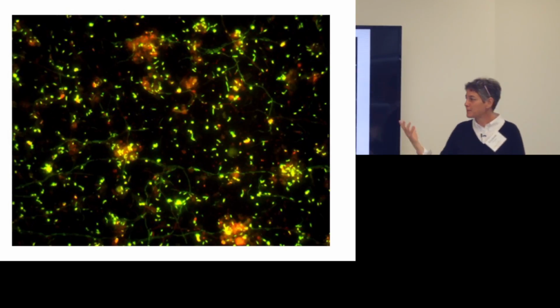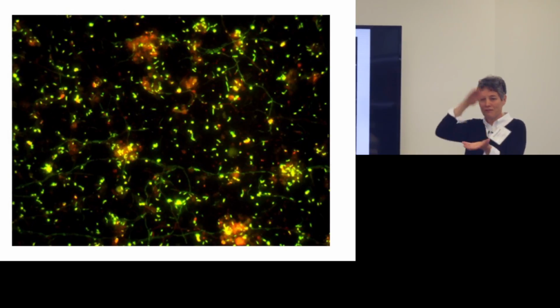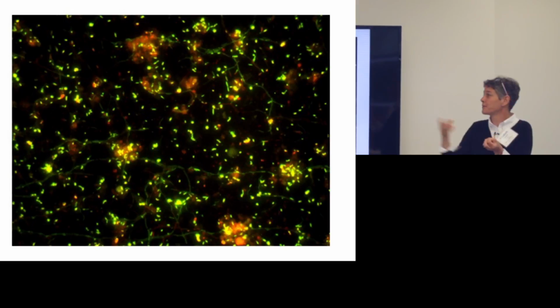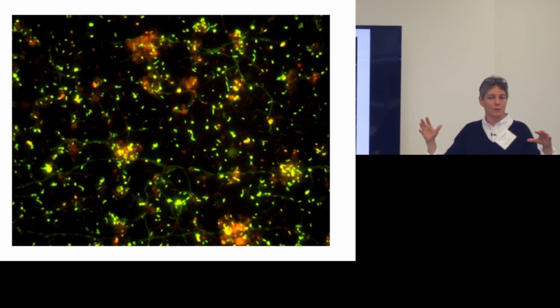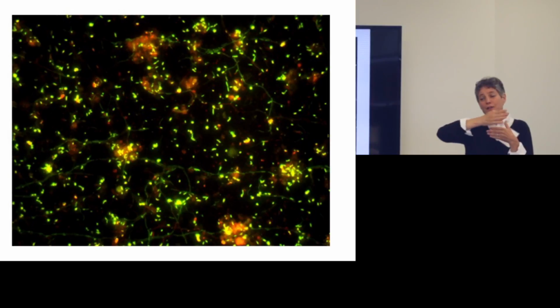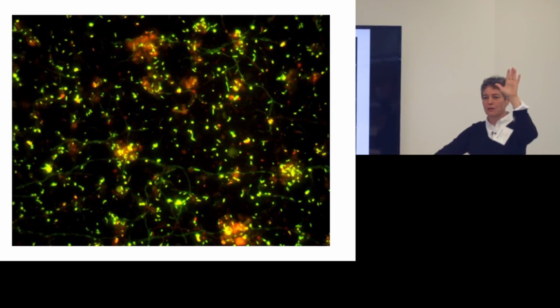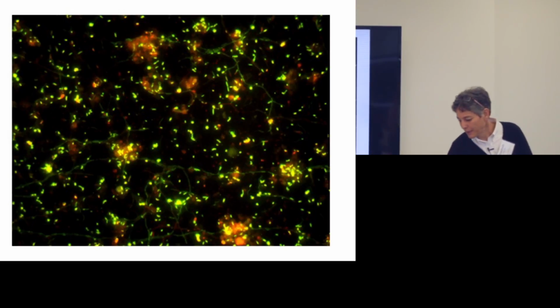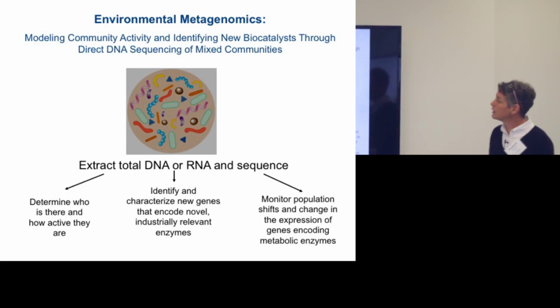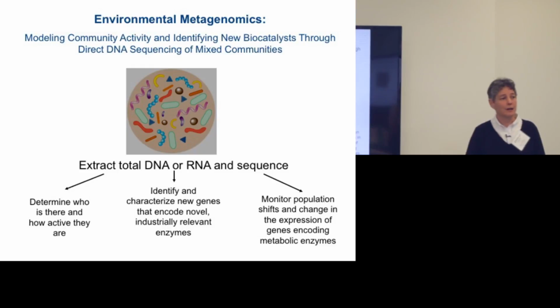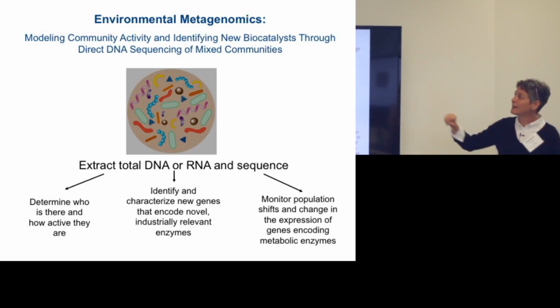But if you take this same sample, filter it and extract all the DNA from all these different microorganisms that are in there, you can sort out the sequences of that DNA and figure out which organisms are where. And then if you have a process, or bottles, dirt in a bottle, and you vary the conditions, you can see which microorganisms increase and decrease under what conditions, and get at function that way. That's the whole idea behind environmental metagenomics, as it's called.